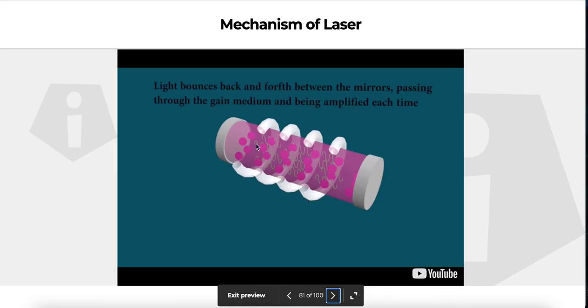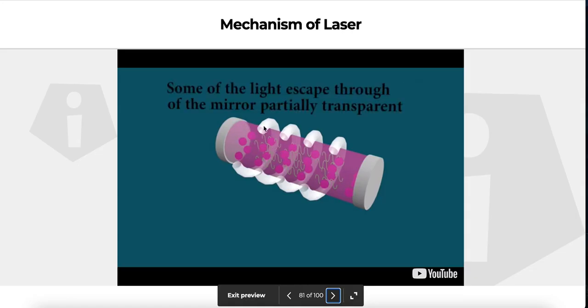And now this is the rule of the tube: to have the length of the tube to be multiples of the wavelength of this emitted light, in order for this light to be multiplied going back between these two mirrors